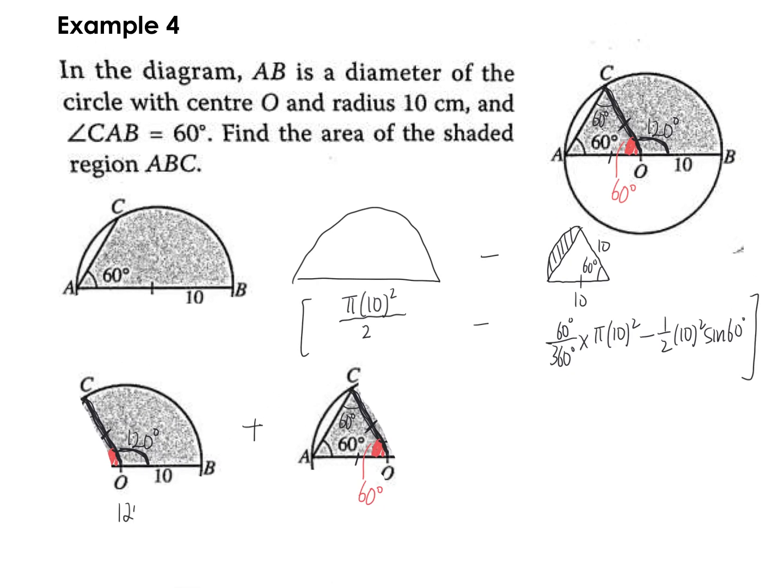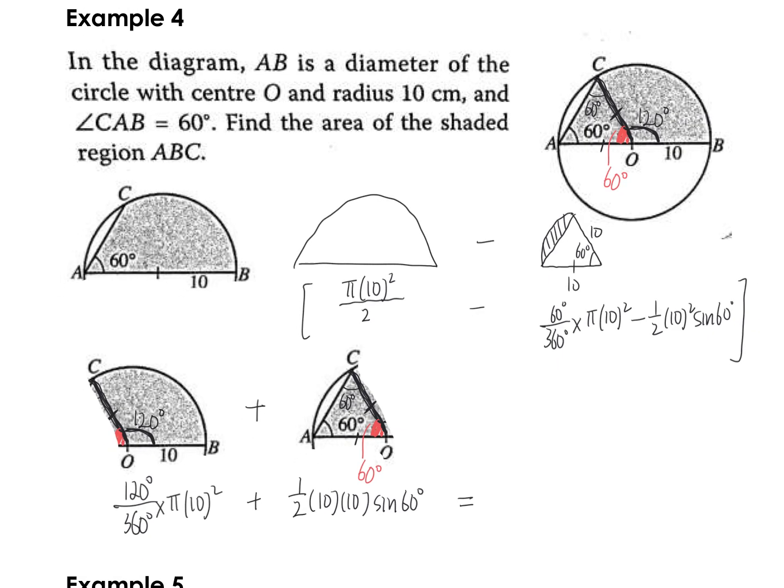Alternatively, I will use 120 over 360 times pi r square. And then I add it to this triangle, which is half AB. This looks better. So whichever feels better and easier for you is good enough as a method. So you either find semicircle and then you minus off that tiny segment, or you find the sector plus the triangle. So whichever the case,